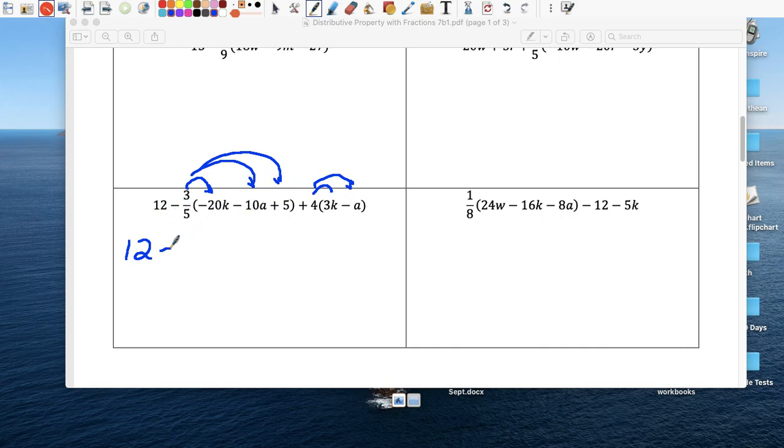This is a positive. 20 divided by 5 is 4, times 3 is 12. Again, positive, because there's two negatives. 10 divided by 5 is 2, times 3 is 6, and don't forget the a. And last one is negative. 5 divided by 5 is 1, times 3 is 3. That takes care of the first parenthesis. The second parenthesis is a positive times a positive. That gives you 12k. Positive times a negative gives me